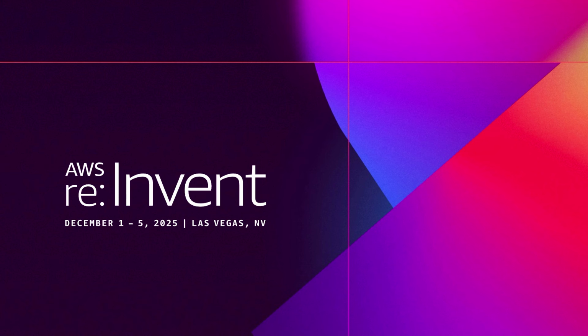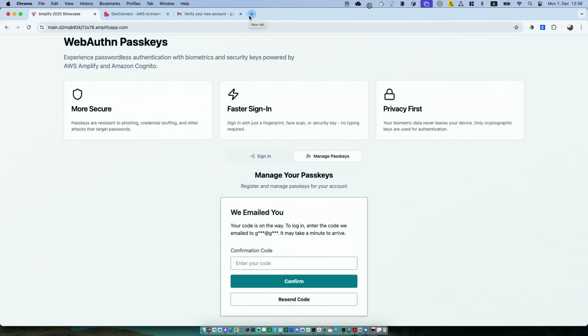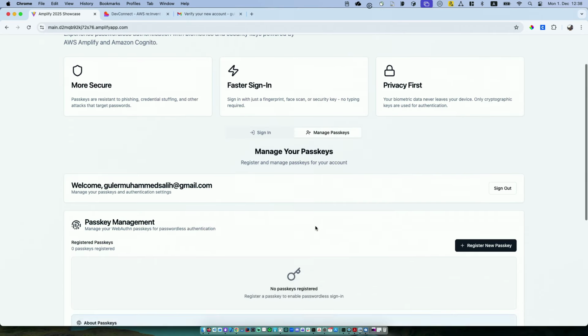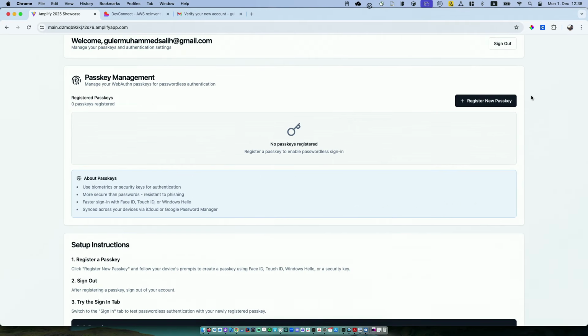I know I can trust you, but I still want to make sure that I have the right information. All right, so let's go back to the demo. So I have my code in place, right? And I'm confirming that. And once I confirm that, now I'm inside and I have my email and so on.